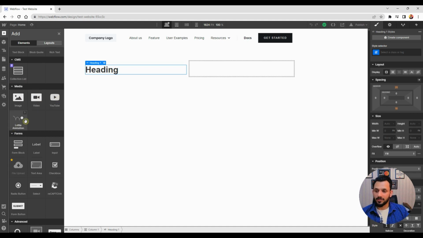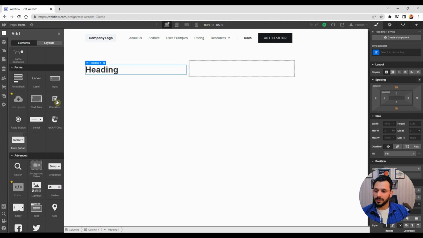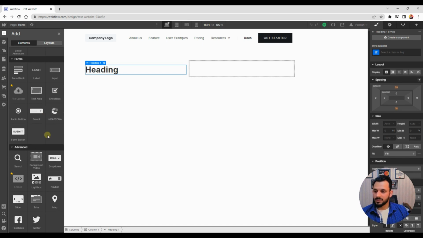That is really a best feature in most websites. If you are working in WordPress Elementor, you also find this Lottie animation. That is a really advanced feature nowadays. You can create different animations through this, and there are forms. There are form blocks, label, input, file upload, text area, checkbox, and these are all fields related to the form. And if we scroll down a little bit, we see in advanced